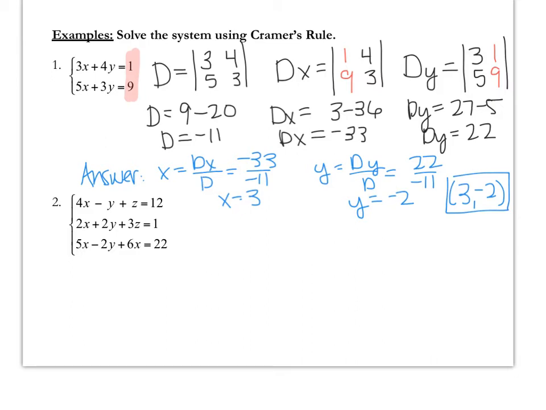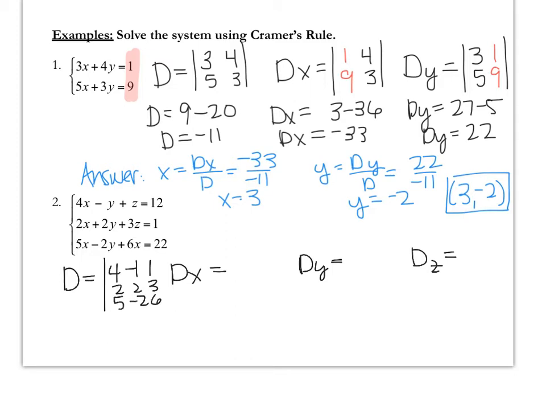So, first thing for a 3 by 3 is we need 4 different matrices. We need D, dx, dy, and dz. D is going to be all of the coefficients that were originally there. 2, 2, 3, 5, negative 2, 6. Dx, we're taking the answers and we're going to put them in the x column. So that's going to be 12, 1, 22. And then this is going to be negative 1 to negative 2,